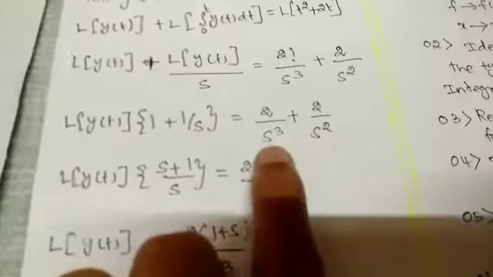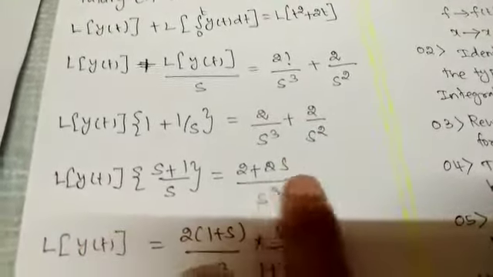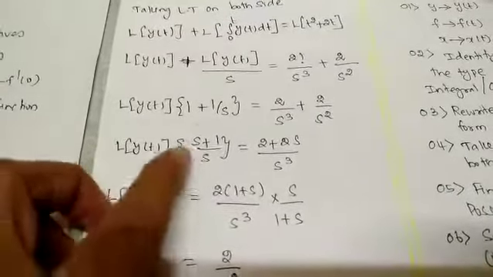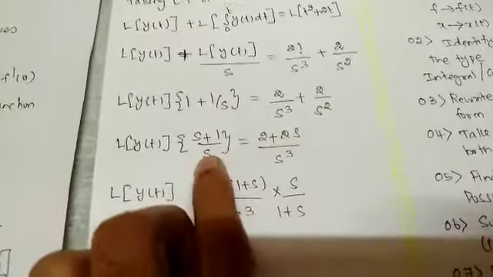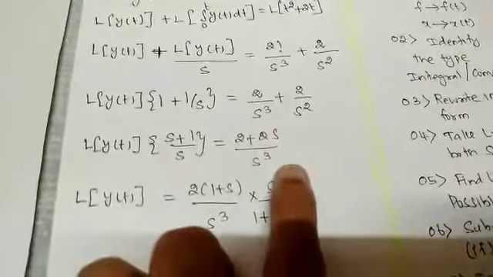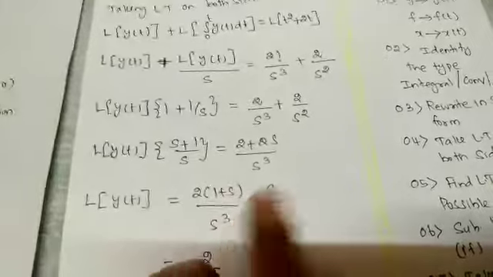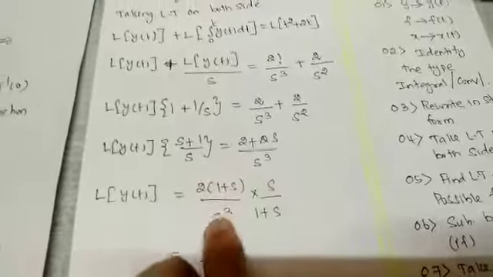Again you simplify here. This is s cube, this is s square. That means s cube will be the LCM. So 2 plus this is s square. So how to make it as s cube? 1 s will come. So 2 plus 2s divided by s cube. Now we need to find y of t. You take this term alone. That means you need to simplify this. This is in multiplication. When it goes that side, it will be division. This s will go to the numerator, this s plus 1 will come to the denominator. So 2 plus 2s, 2 can be taken out. So 2 into 1 plus s divided by s cube, into s divided by s plus 1. So this s plus 1 will get cancelled. Again one more s will get cancelled. 2 by s square. So this is Laplace of y of t.